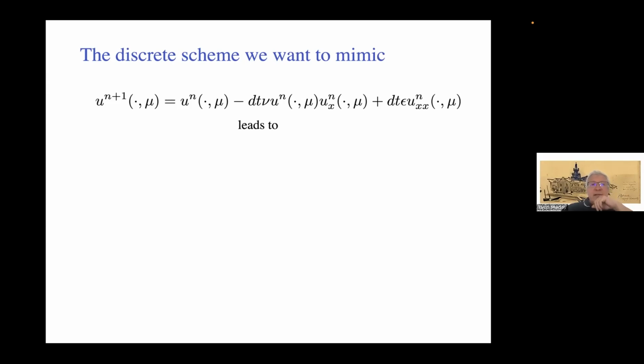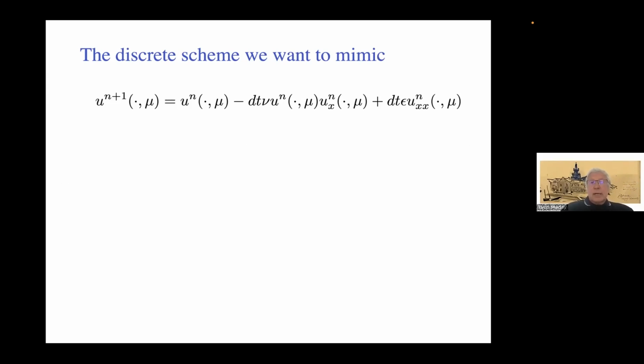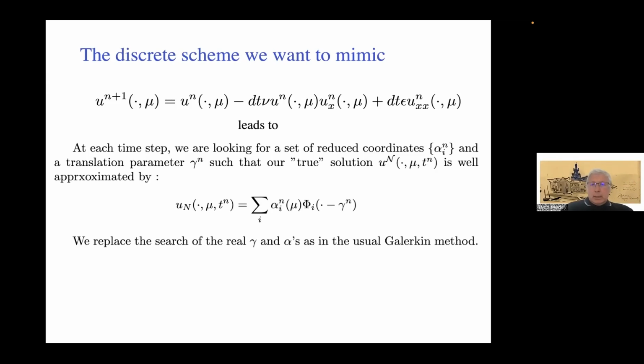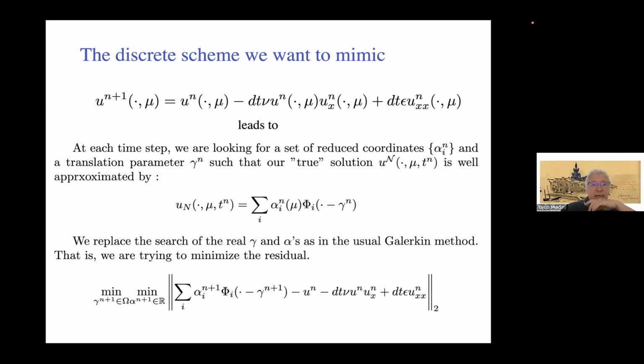So this leads to, at each time, we consider UN, which is written at time tn, with a proper translation of the solution. And what we do is to try to discover what is the next translation gamma n plus 1 in a Galerkin way. We try to minimize over gamma n plus 1 and over the coefficient alpha n plus 1, so that